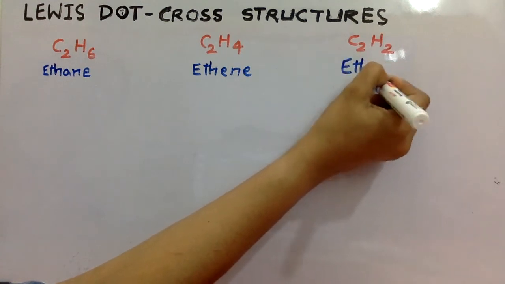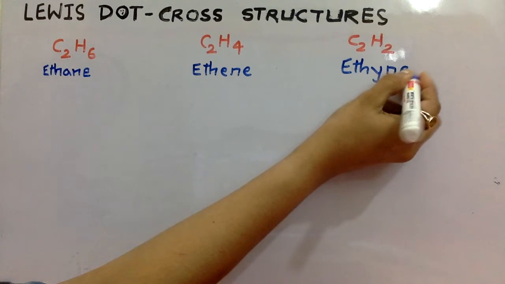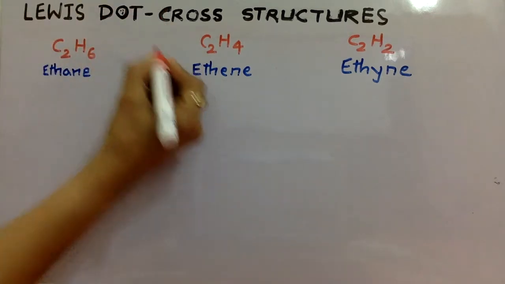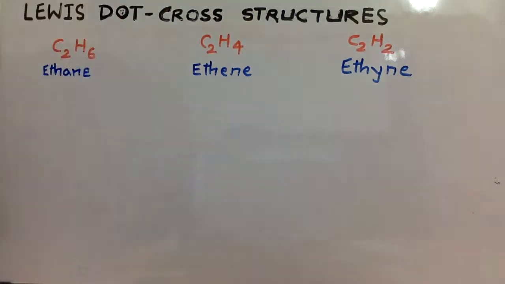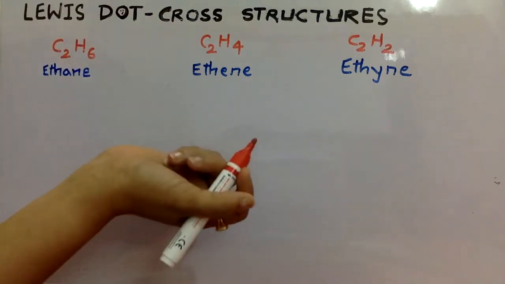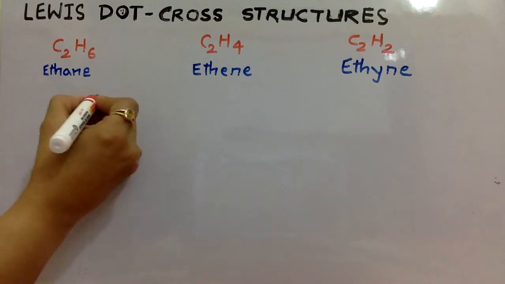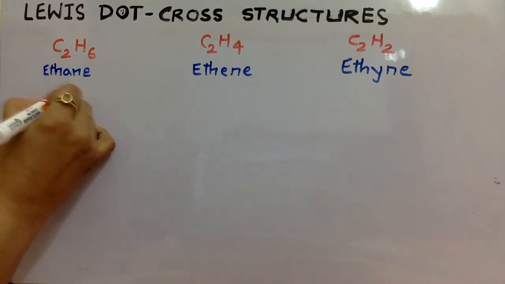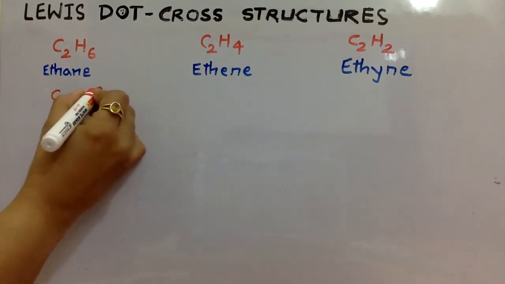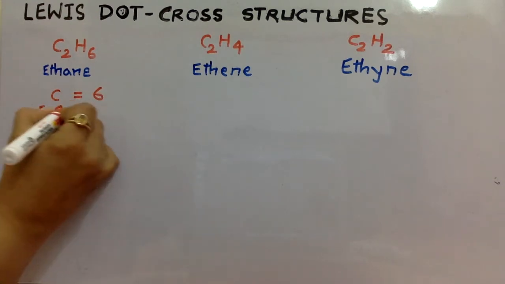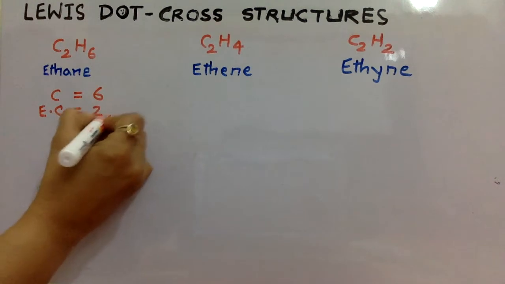And this is a molecule of ethyne. We just need atomic number and only the atomic number. We don't need the mass number also. Here we will make the dot cross structures, which are based on the electronic configuration, the valence electrons. That's all. Carbon atomic number we all know is 6, and hence the electronic configuration of carbon becomes 2,4 and hydrogen